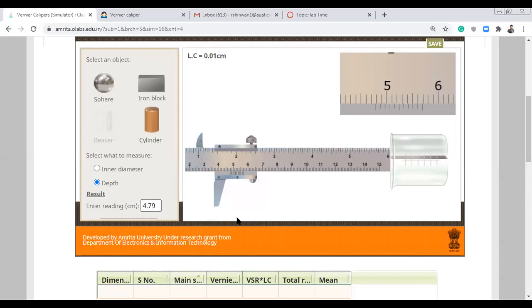If there are errors, positive error and negative error, you can subtract or add at the end. Negative error will be added and positive error will be subtracted from this final result. Let's suppose if there is an error of plus 0.01, you will see the final result. If there is a positive error, then you can subtract. Okay, let me share the slide with you again.